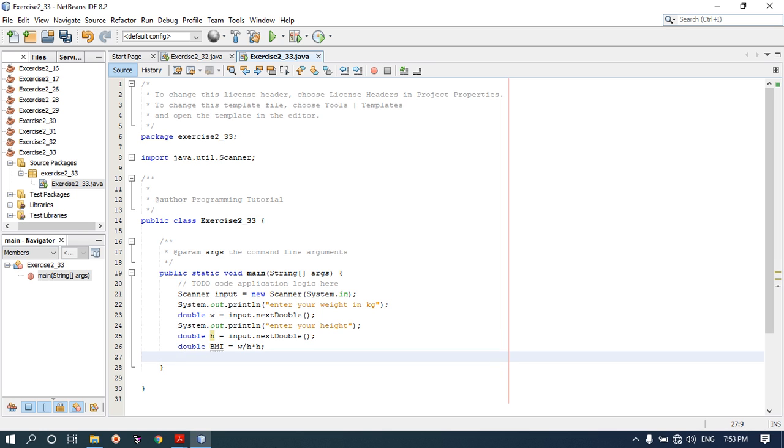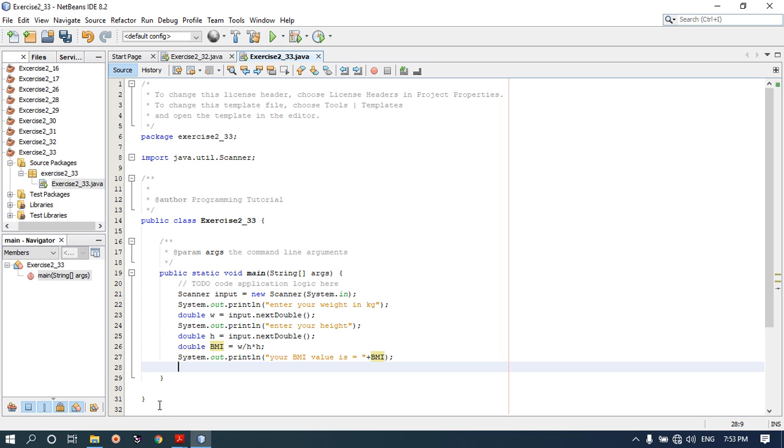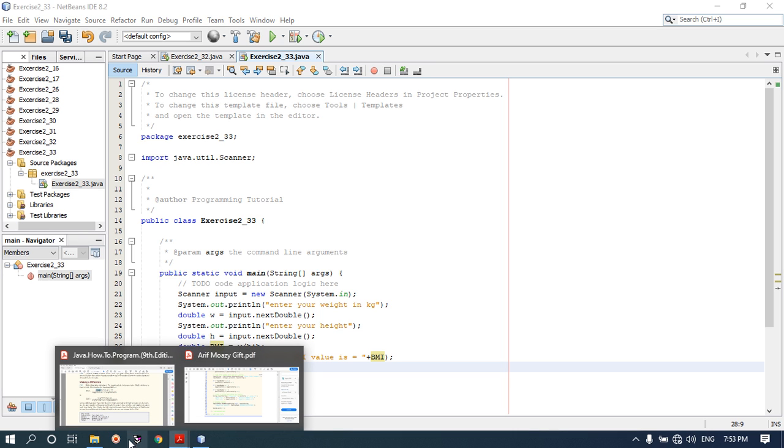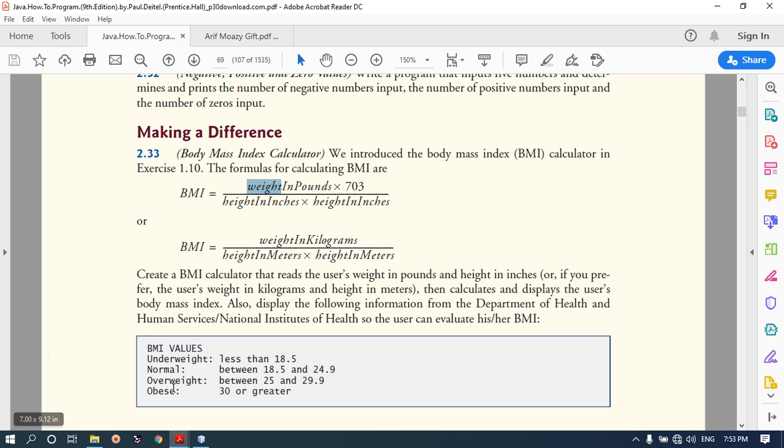So your BMI value is equals to plus BMI. Now let's print these values so that the person could check whether he is normal or not. Underweight